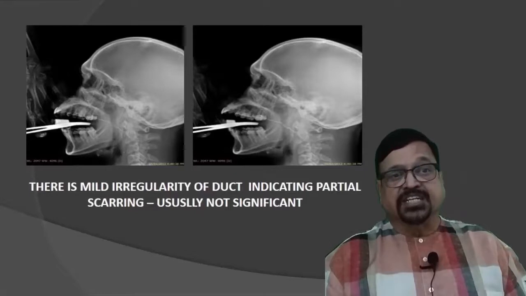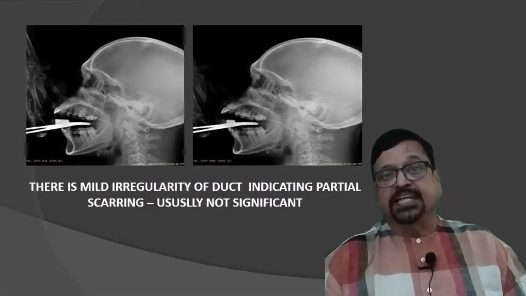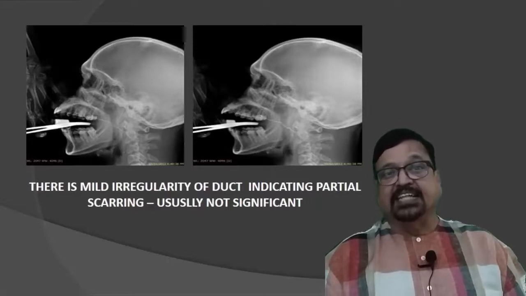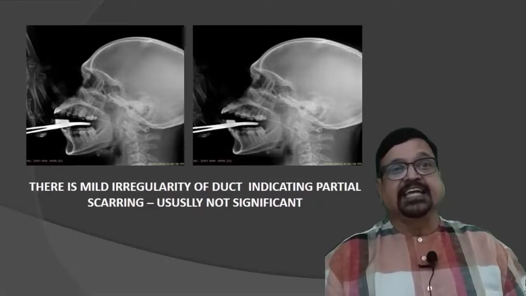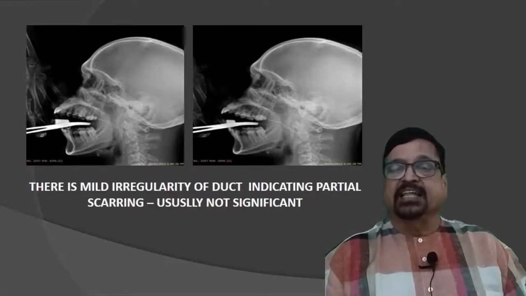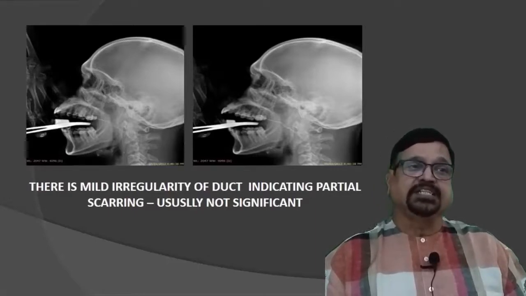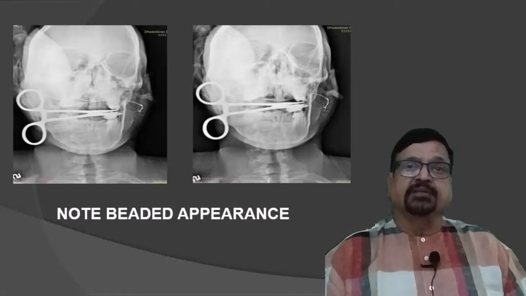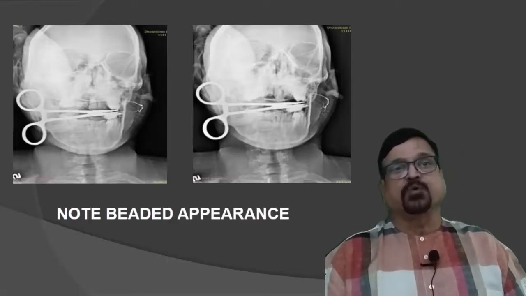If there are partial strictures, the most important thing is whether they are causing sialostasis, whether the dye is getting retained, and whether acini are dilated. These things you must see before the patient goes back. Ultrasound is extremely helpful in these patients. Again, here is a beaded appearance. AP projection is equally important. It gives a very good idea and has to be employed, though a lateral projection is more popular.